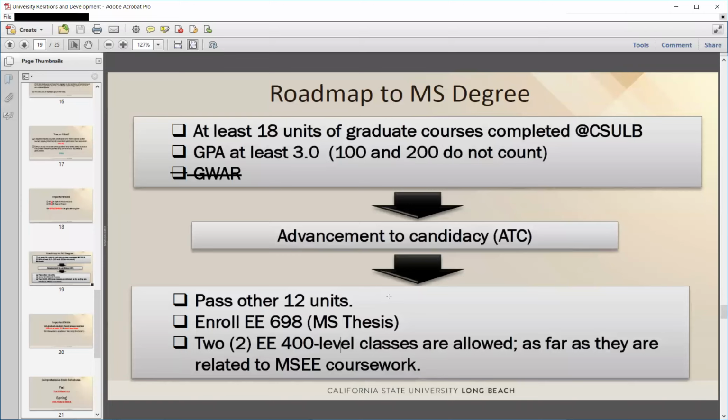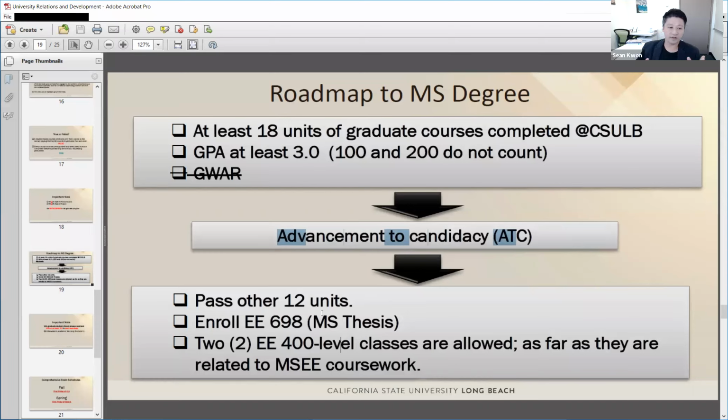Yes, you need to finish 18 units first, and you need to submit the advancement to candidacy (ATC) form. With that approval, you can enroll in EE 698.